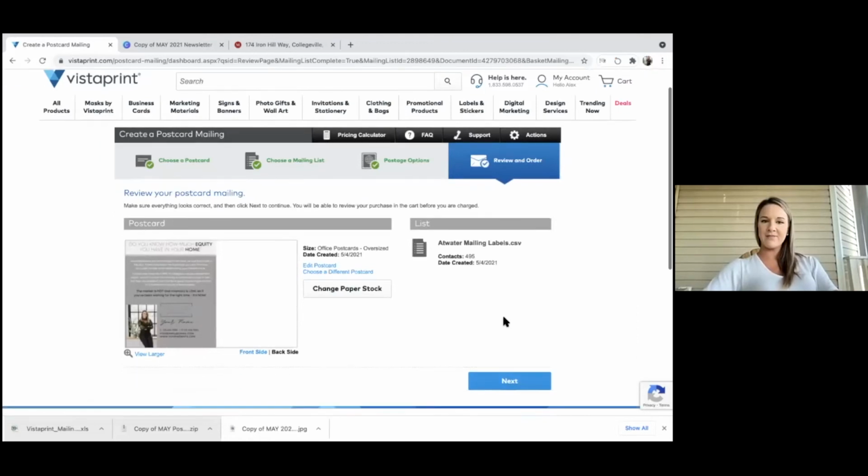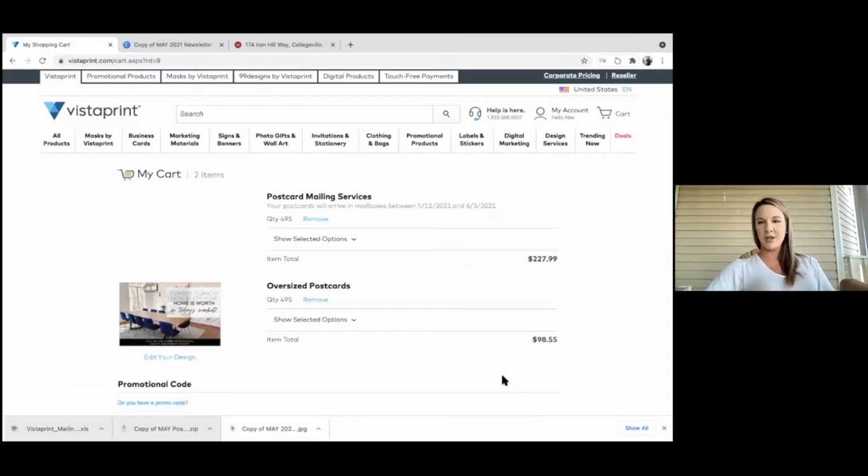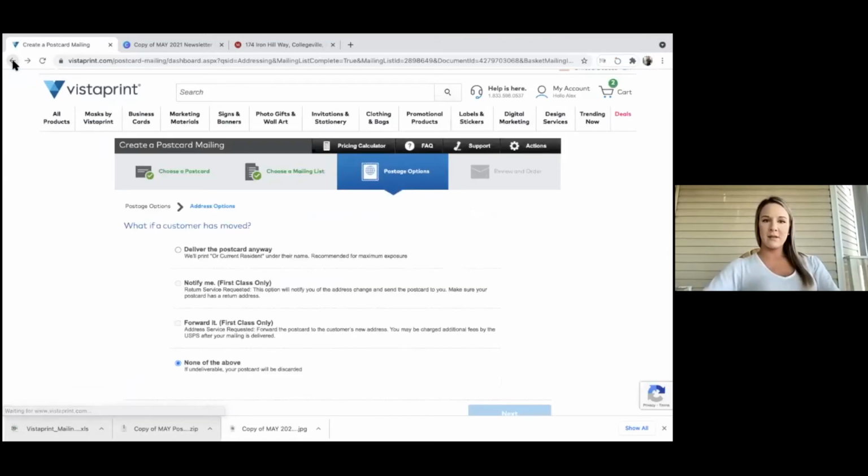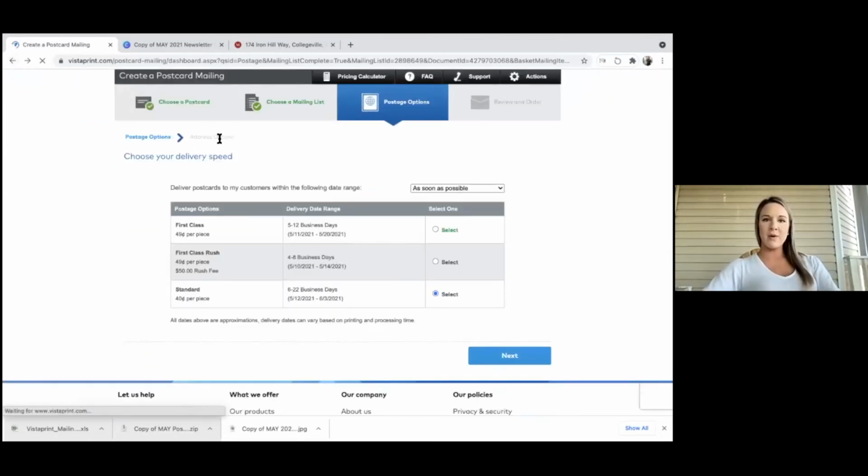And here it is. Now when I go back, that postcard and that list that I uploaded are saved in my account. If I wanted to resend that postcard or resend to that list, it's saved in my account, so you can do this in less than 5 minutes every month. Because when I go back, I can go into my postcards and pick a totally different list. So if I wanted to send this to 2 neighborhoods, for instance,